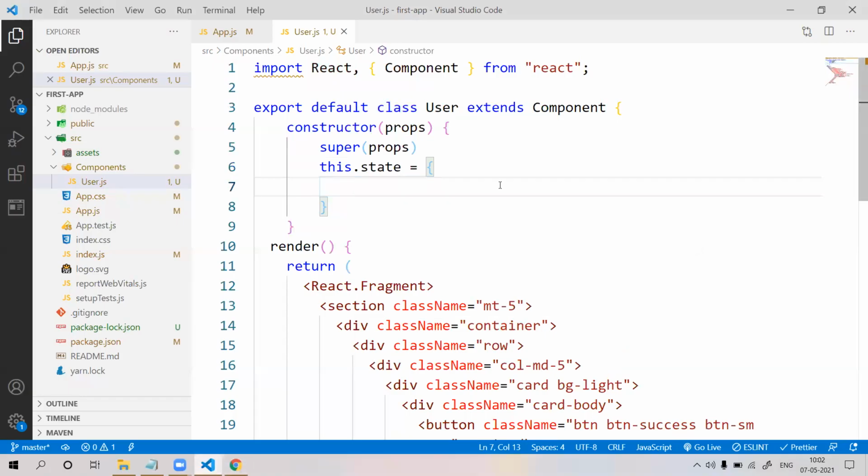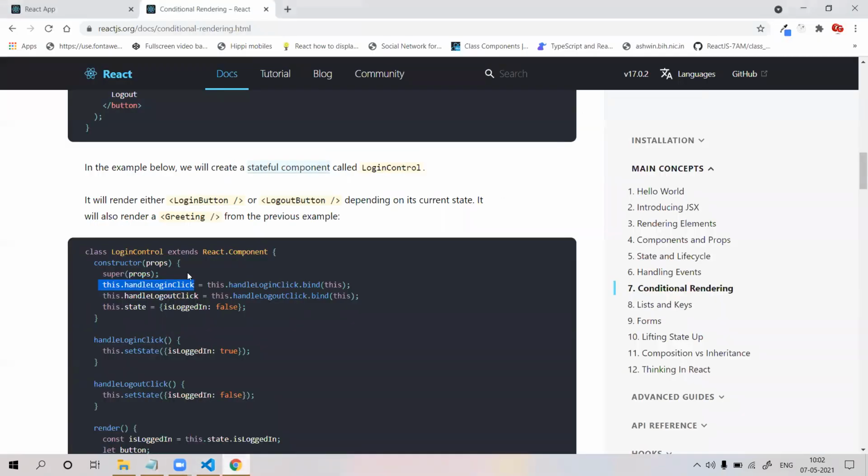Okay, isLoggedIn will be equal to false. isLoggedIn false.